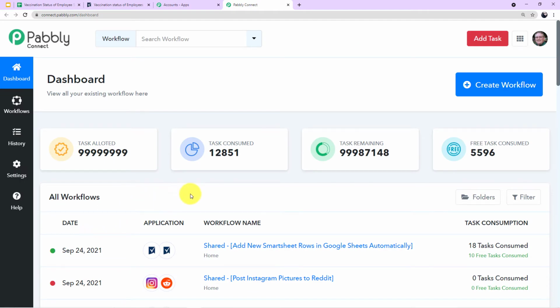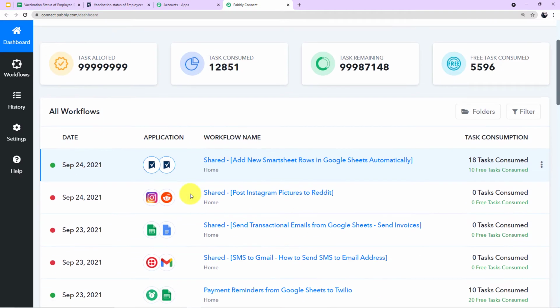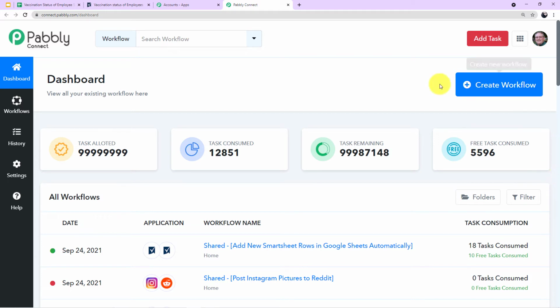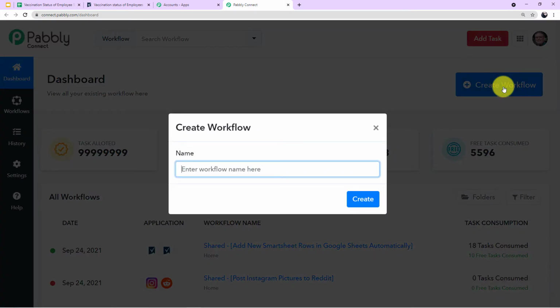So this is the dashboard of Pabbly Connect. To start working here, you have to create workflows like these. So to create a workflow, click here on this top right corner on the create workflow button like this. And then it will ask for a name for your workflow. So you can give any relevant name. I am giving it as